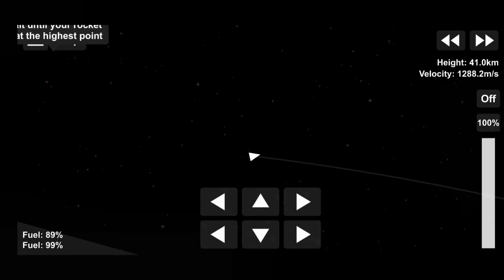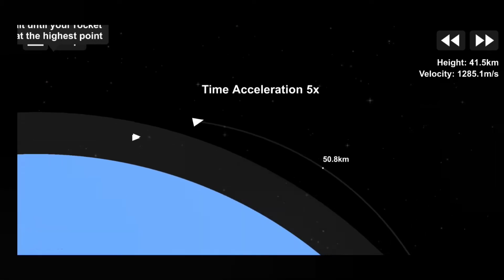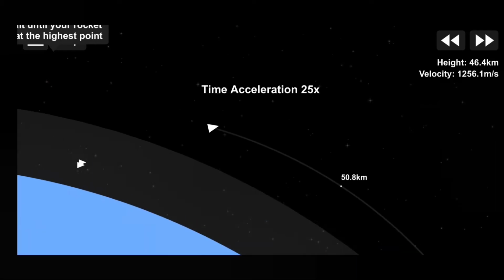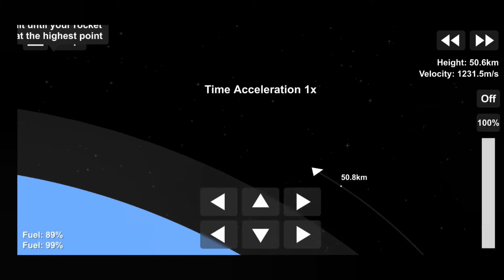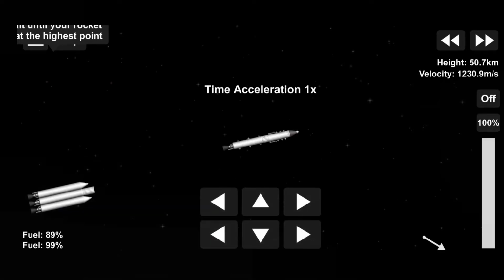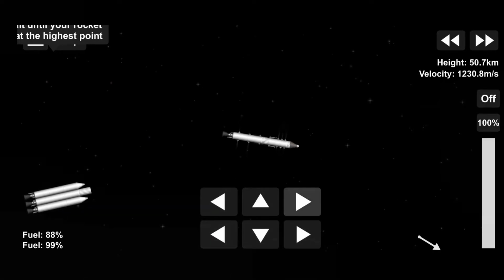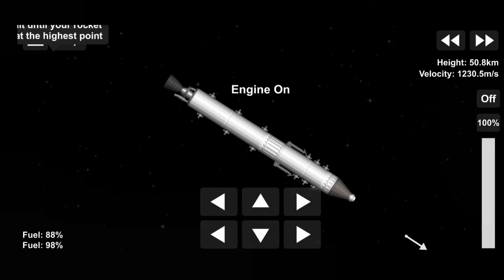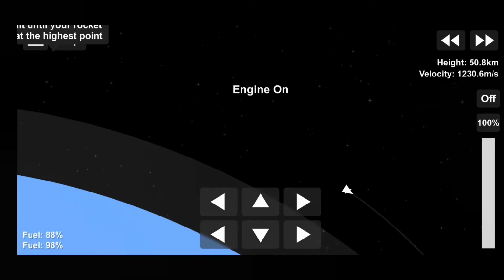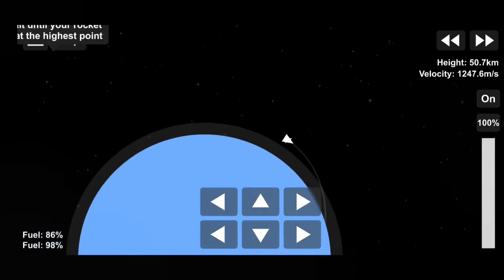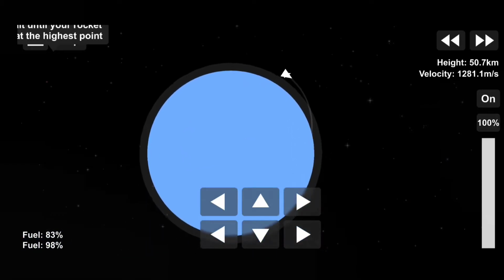Once we reach the highest distance from the Earth, that is 50.8 kilometers, we shall boost in the direction of the orbit to make sure we get into the orbit of the Earth. We shall first get into a lower orbit and then try to get into a higher orbit. We'll turn the engines on when we reach the highest point.